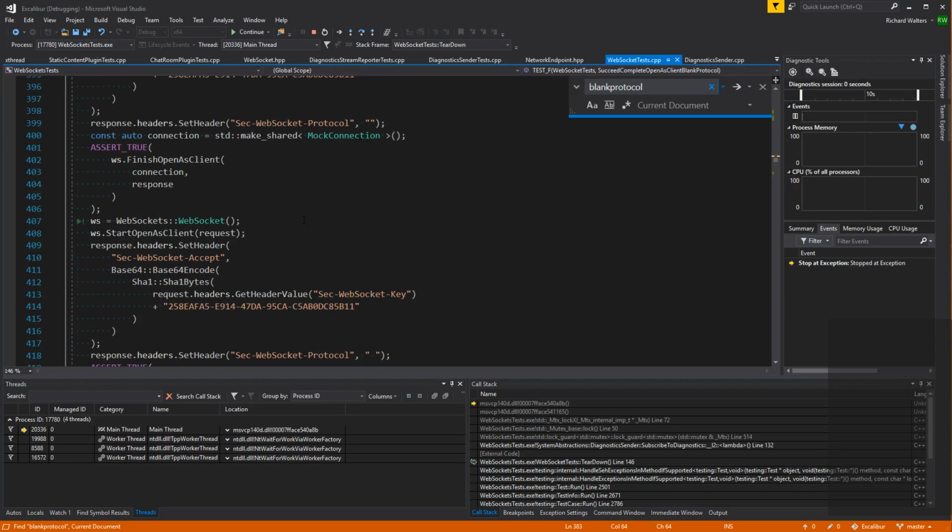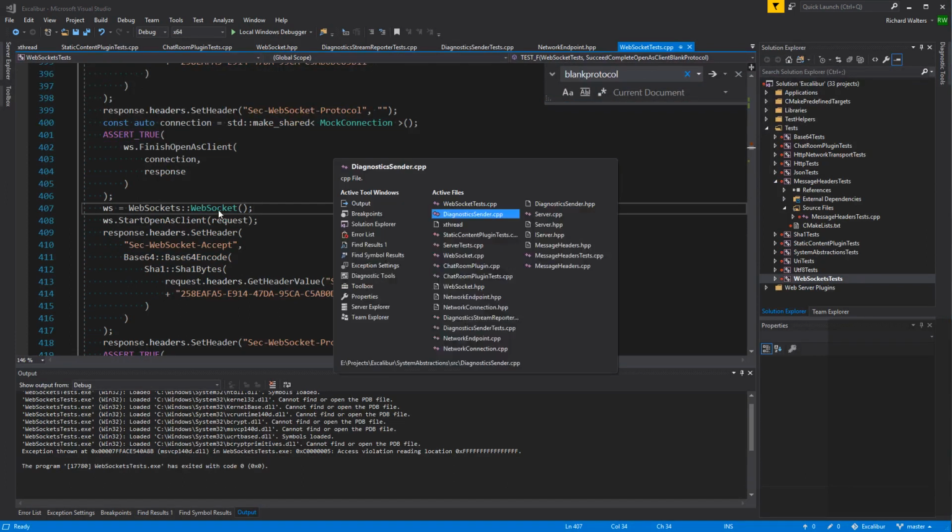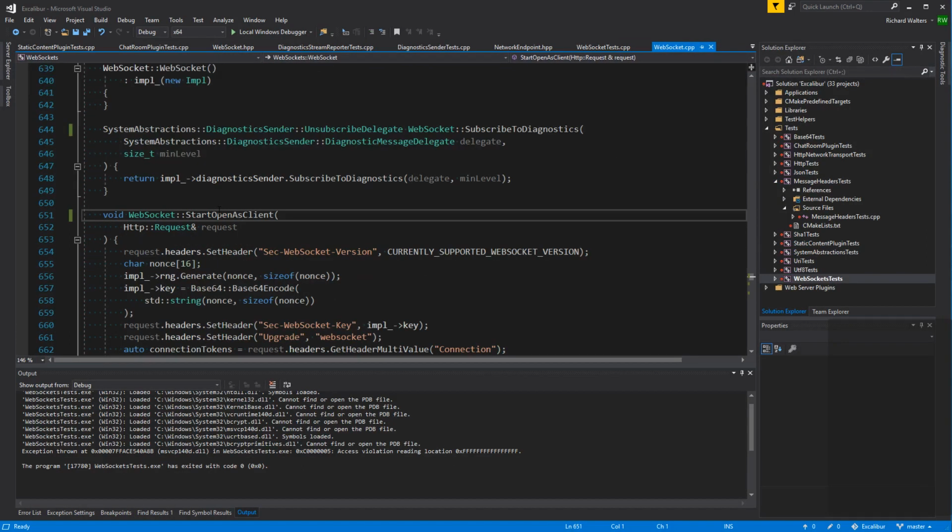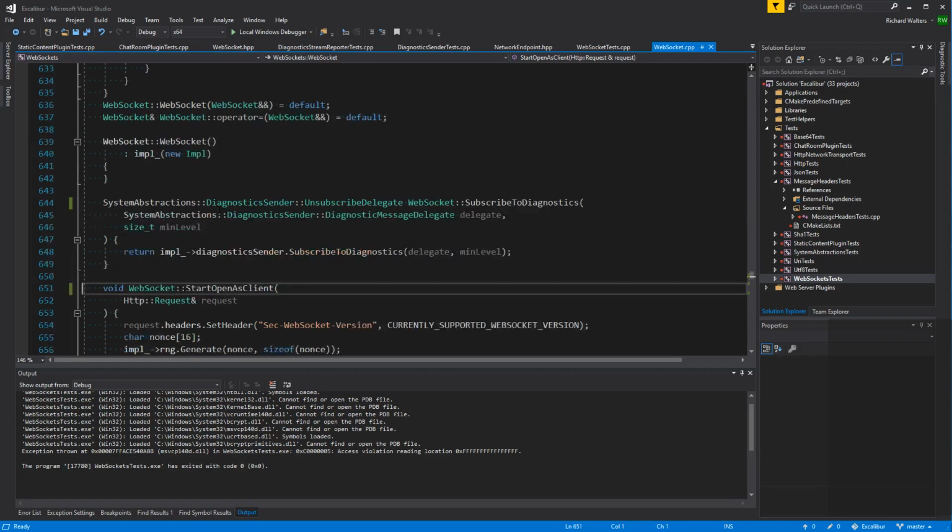Hmm. Oh, yeah. I think we ran into a similar bug the other day. In WebSocket, see if I got this right.